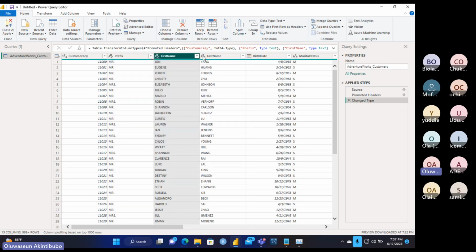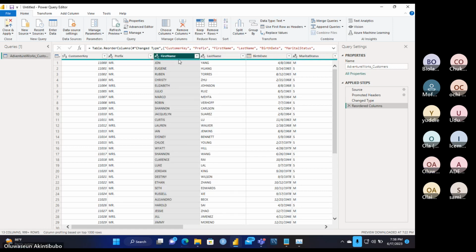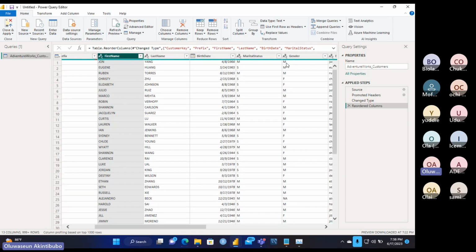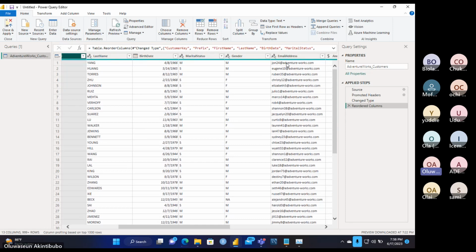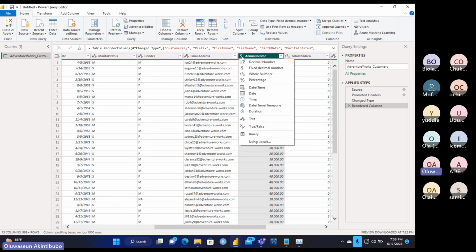First name is text, last name is text, birthday is date. Date is fine. Marital status is alphabet, which is text. Gender is text. Email address is text. Annual income is currency or fixed decimal number. Can you see? Fixed decimal number.